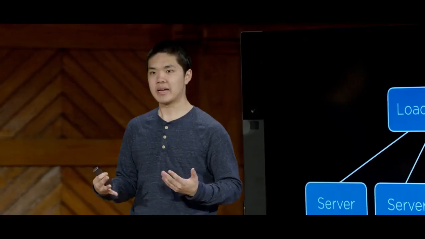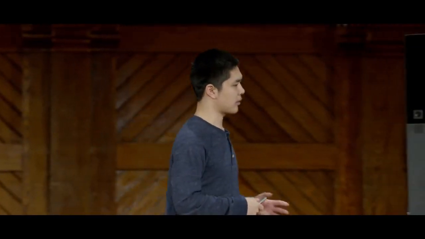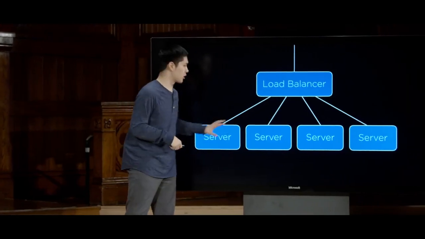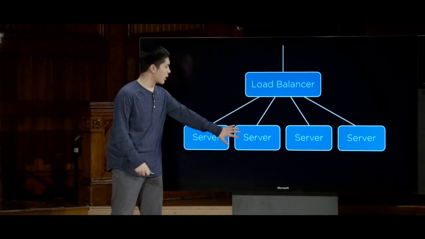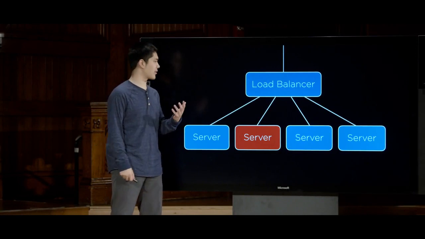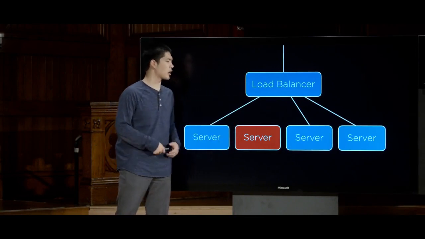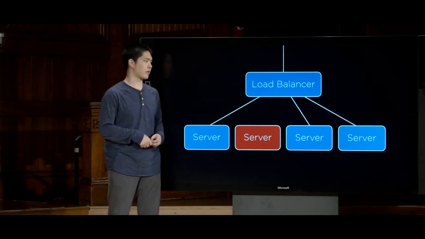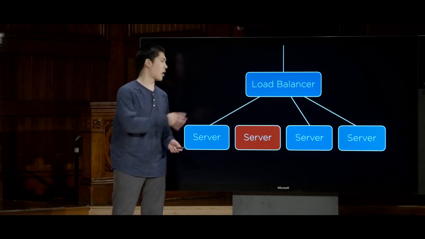And another problem worth thinking about is that as you add more and more of these servers, you introduce opportunities for failure. Now, it's better than having a single server, where if that single server fails, suddenly the entire web application doesn't work at all. That's what we generally call a single point of failure, a single place where if it fails, the entire system is going to be broken. One advantage of having multiple servers is that we no longer have a single server that acts as a point of failure. If one of the servers goes down, then ideally our load balancer should be able to know, based on that information, to no longer send requests to that particular server, and to instead balance the load across the remaining